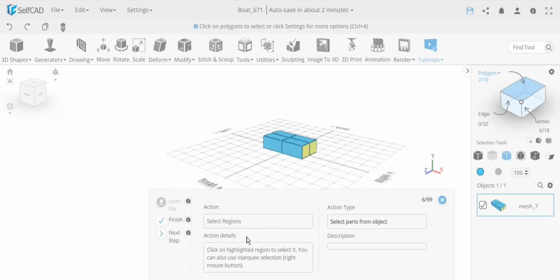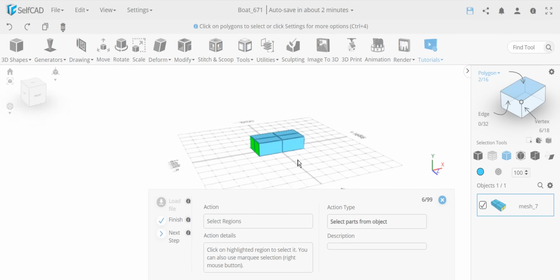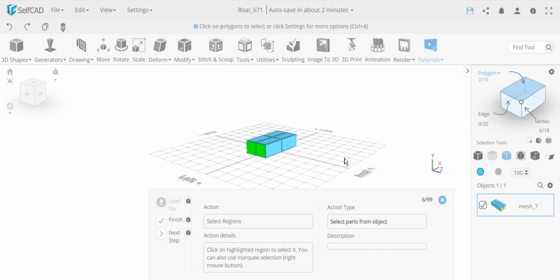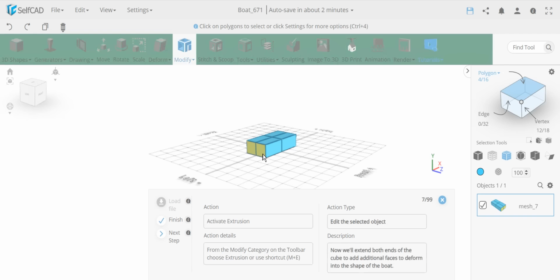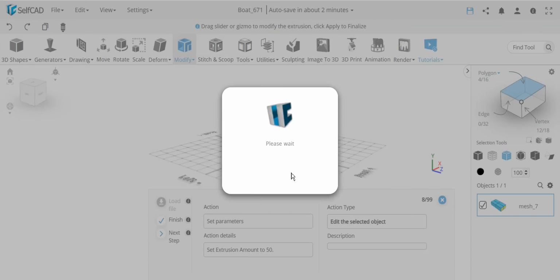This is important to note when you do tutorials: the rotation, which is managed from the camera on the left side, or you can just click on the grid to rotate, is not part of the tutorial. The rotation is not included, so you have to find out yourself where the highlights are, where you need to select, and if you don't see it, you have to rotate the scene. Okay, so now what we're going to do over here is extrude that,